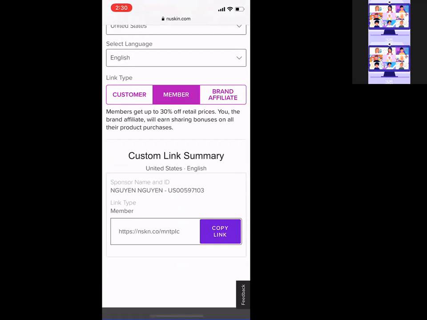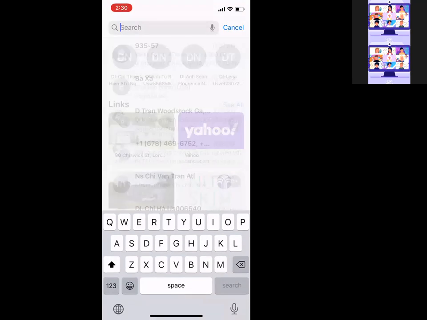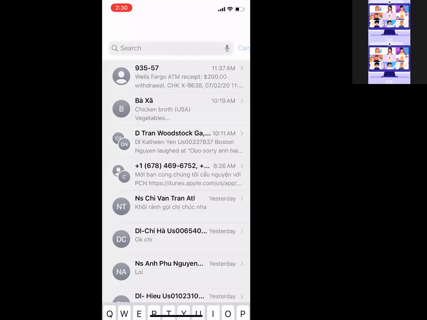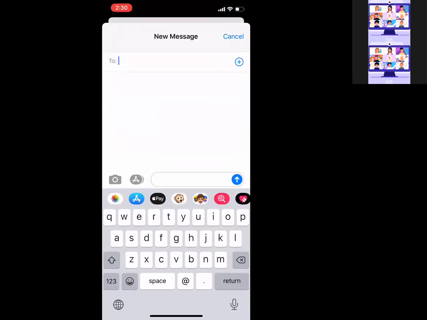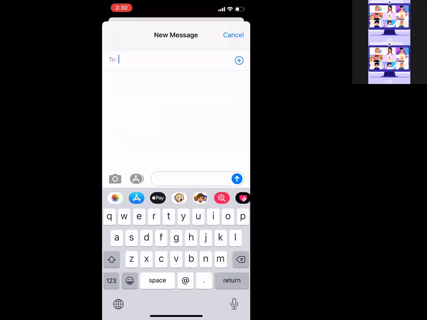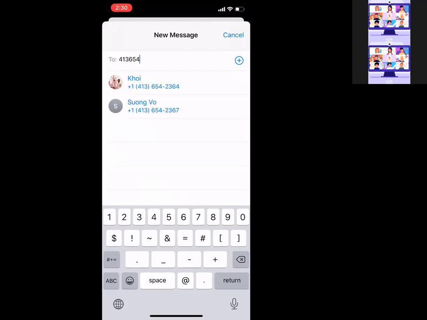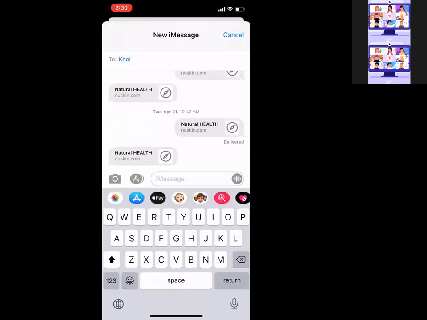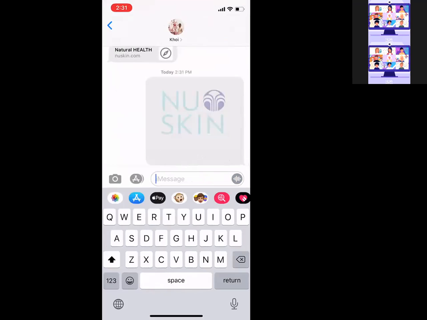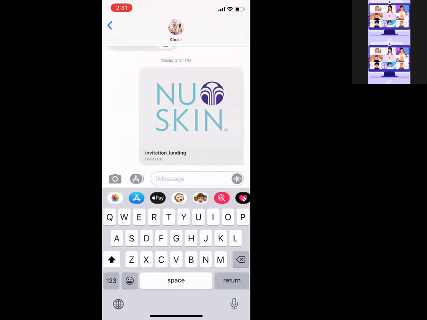Now, once you copy the link, you go out to, let's say, your text message, or Facebook Messenger. It doesn't matter, you could send it by email, text message, Facebook Messenger, all kinds of social media or platforms that you could use on your phone. So let's say I'm going to send it to myself, okay? So I put my phone number in. That's my cell phone number. All I've got to do is paste the link and send it, then Nu Skin will send me a link,